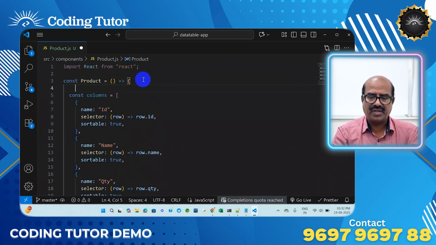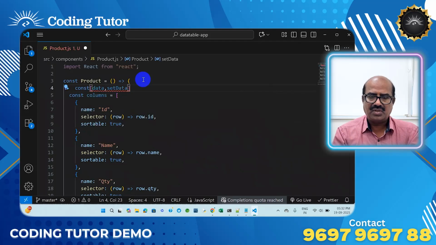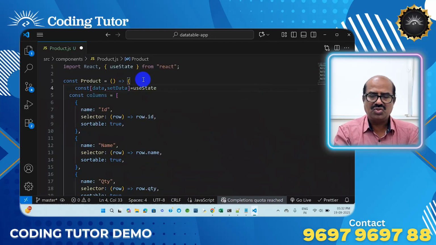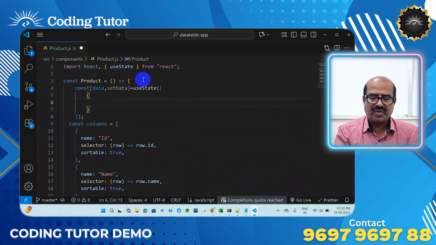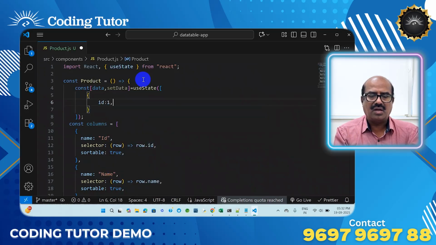You can define here const [data, setData] = useState. Within useState you can define an array, and within that array you can define the array of product objects. So here we need to provide id. Okay, id: 1,